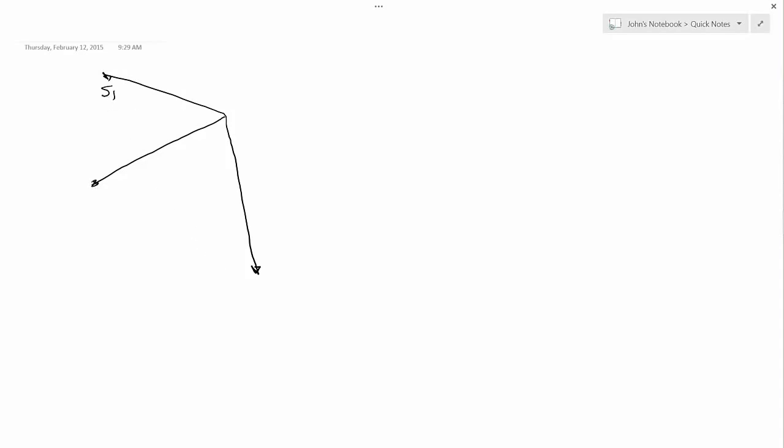And if we're going to have a right-handed coordinate system, then it has to be S1, S2, S3. So we have these three principal stresses, and they're the ones that are easy to measure, estimate, or